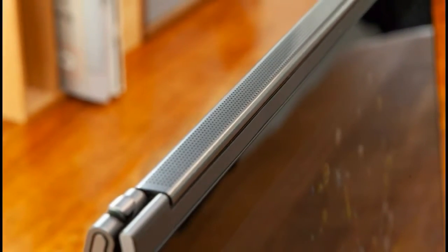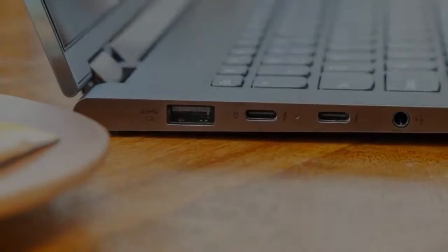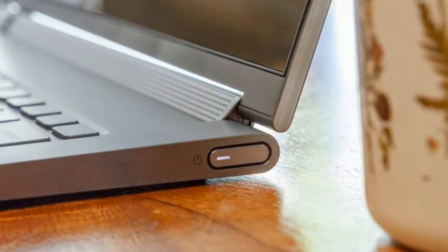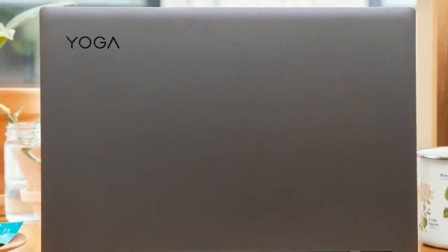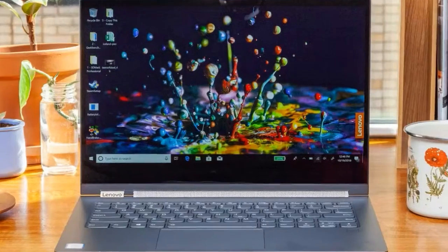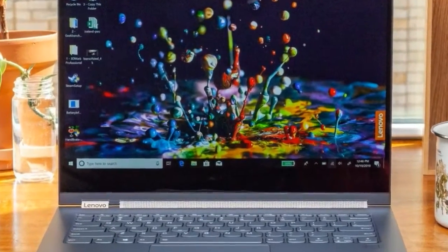emerge entirely unscathed. The overall look of the Lenovo Yoga C930 treads familiar territory for Lenovo, in that it keeps a slim metallic shell like the Yoga 920 before it. Not only does it bear a slim profile, but it's also light enough to carry around in a bag without straining your shoulders. For the modern, roaming professional, its portability alone makes the Yoga C930 a worthy contender for the